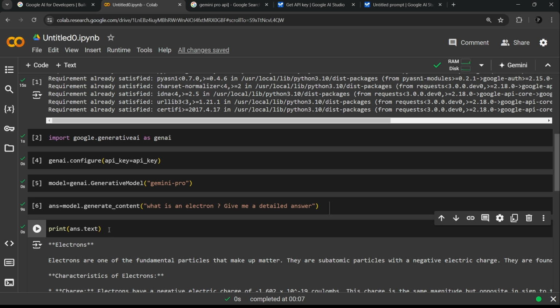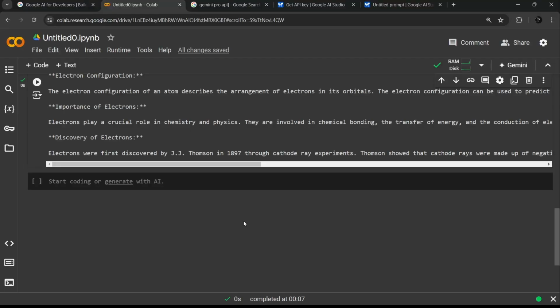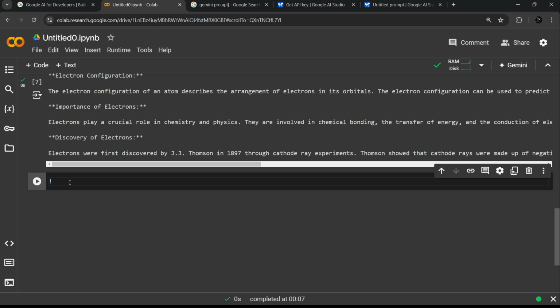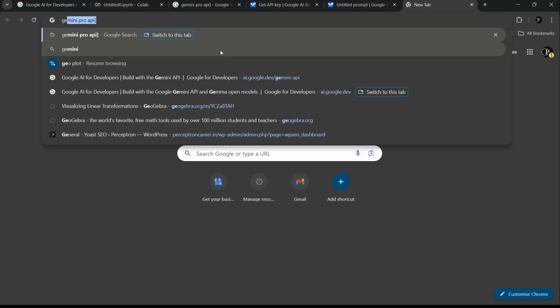Okay, now I will quickly show you a demo of how you can use this model in LangChain as well. But for that, what you have to do is install LangChain and certain libraries as well. So I'll quickly write pip install LangChain, and by the time it installs, I'll quickly go to the LangChain library to see what library is required